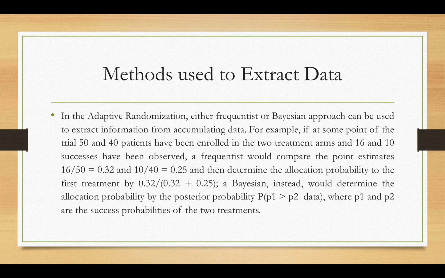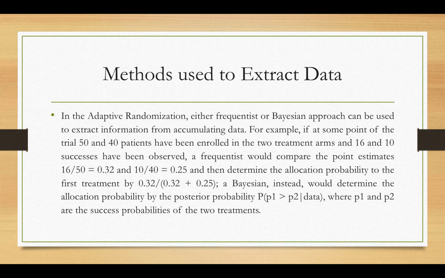What are some of the methods that are used to extract data? So in an adaptive randomization, either frequentist or Bayesian approach can be used to extract information from the accumulating data. For example, if at some point of the trial 50 and 40 patients have been enrolled in 2 treatment arms,